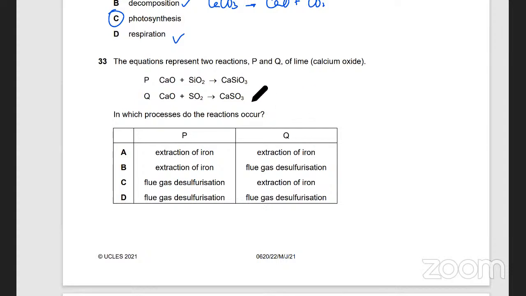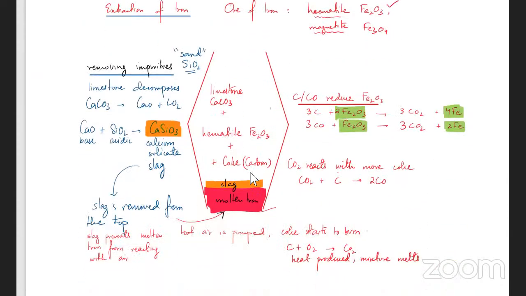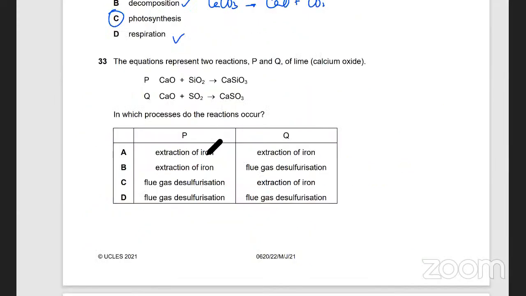किस जगह पे रिएक्शन होता है? ये वाला खास हुआ SiO2 वाला, ये वो स्लैग वाला है, ठीक है। दिस इज एक्सट्रैक्शन ऑफ आयरन। एक्सट्रैक्शन ऑफ आयरन के अंदर व्हाई डू यू ऐड लाइमस्टोन? लाइमस्टोन इसलिए ऐड करते थे, डिकम्पोज होकर इट वुड फॉर्म कैल्शियम ऑक्साइड, सो इट कुड रिएक्ट विद सैंड, SiO2 जो इम्प्योरिटी होती है, ठीक है। तो it forms calcium silicate which is slag। तो इसका आंसर वो है कि एक्सट्रैक्शन ऑफ आयरन, P इज एक्सट्रैक्शन ऑफ आयरन।